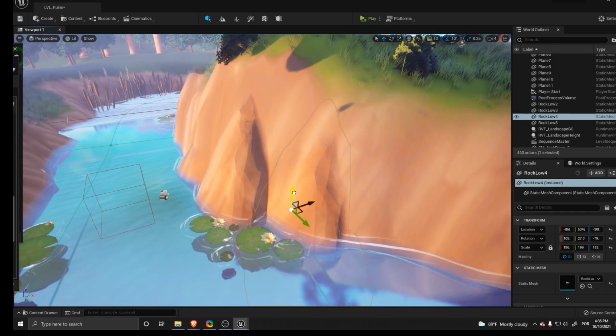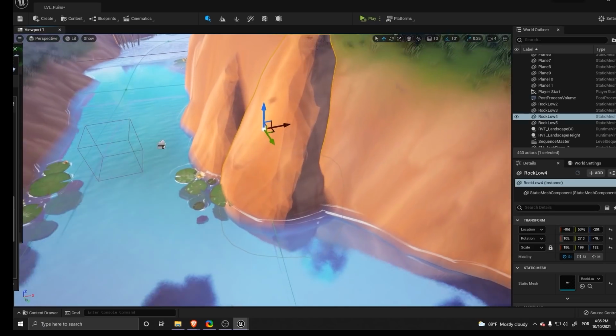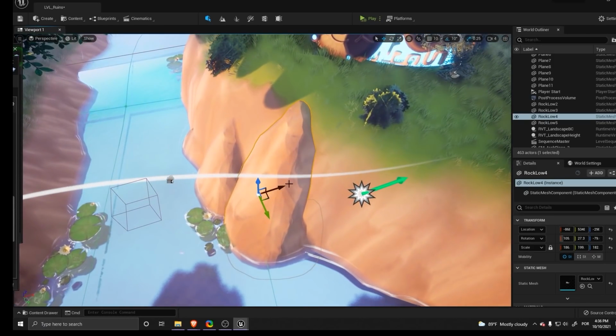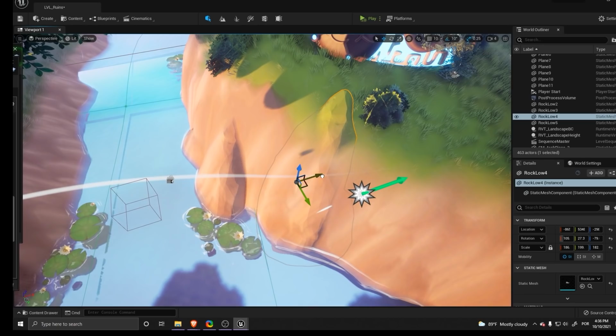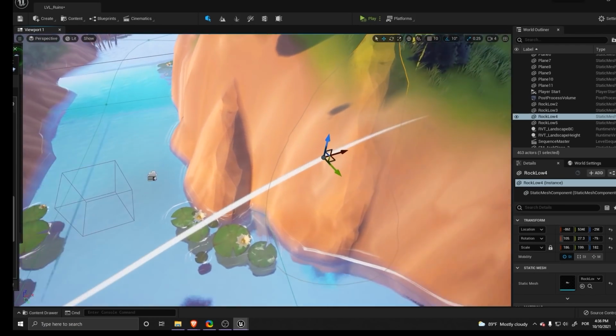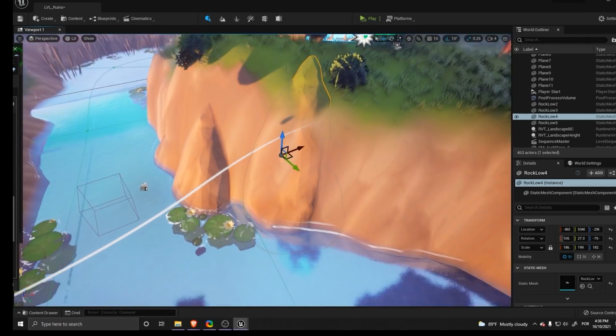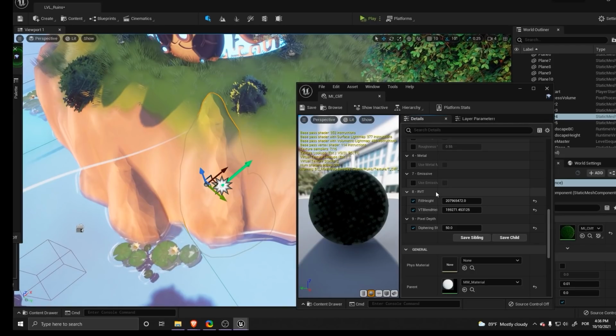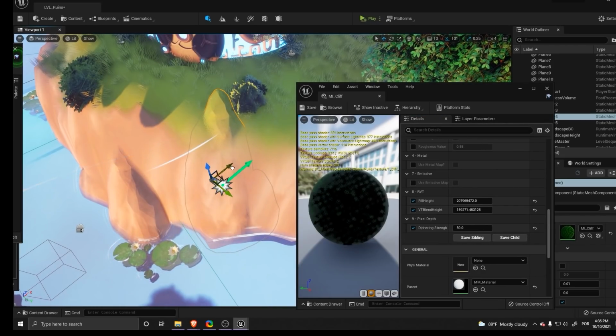So if I lift it up and make it touch the grass, this way, it's going to start having some of the green in there. So it's very nice to get some nicer blending going on. So I have those pretty high. I just play around until I got something that I liked mostly.